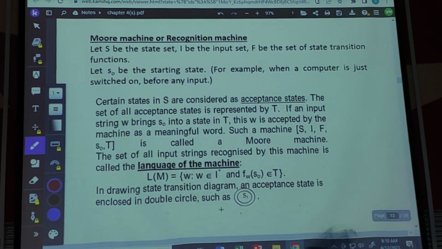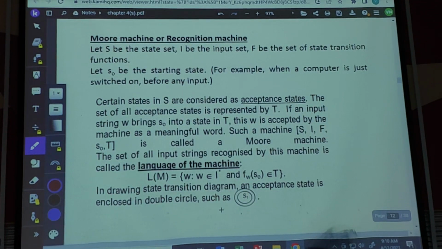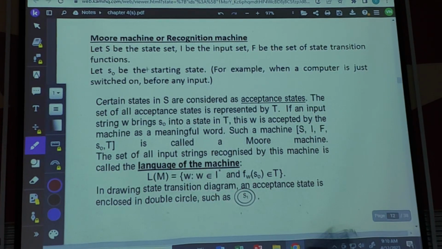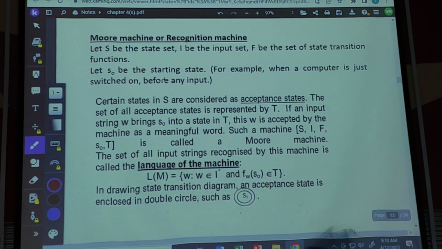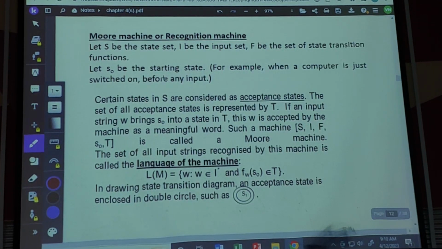Okay, let's continue with the Moore machine. Now, just now we have the state set, input set, and the state transition function, right? And we know that the starting state will be S0, which is the condition where the machine just started. Then after that,